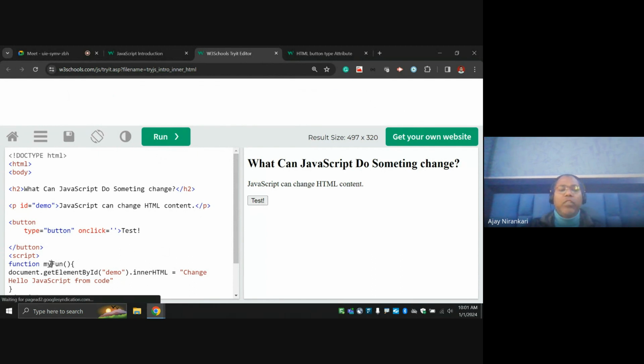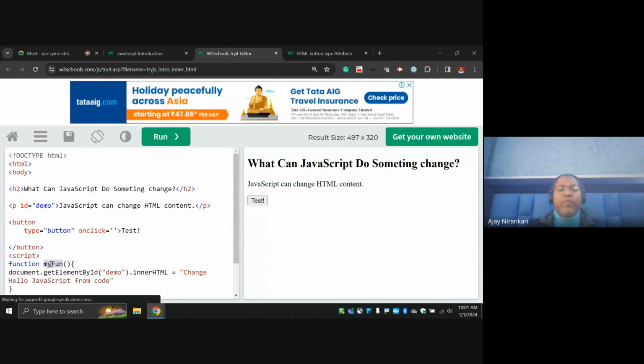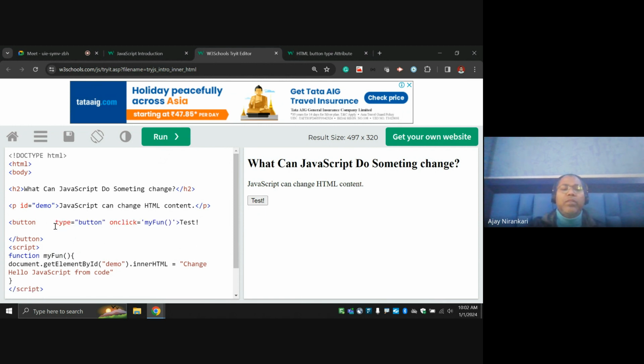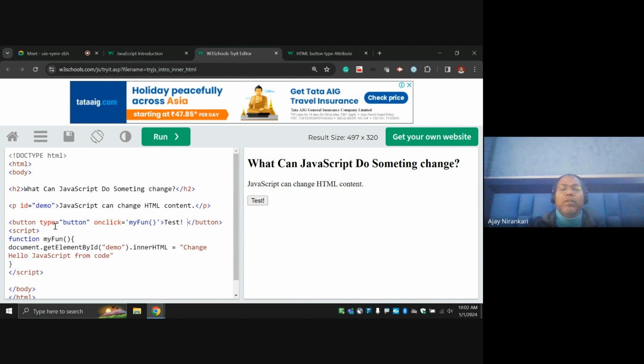Okay, I have to call this function, right? My function I have to call here. This is my function, right? So here say, this is a simple button, and the button has only this type, and this is just a button, close button, okay. So this is my test button, okay, and when I click here, my function is called, and my function says to modify the